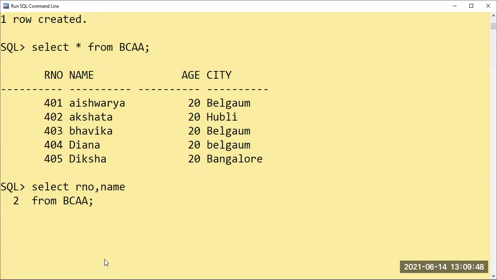Okay, if you are interested in selecting only specific columns, you have to use select followed by the column names you want. If you have more than one column, you use a comma, followed by from and the table name. So say enter.